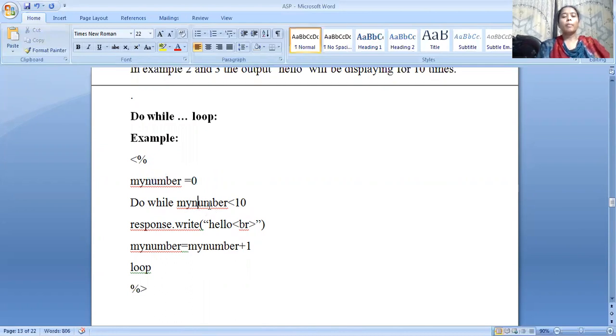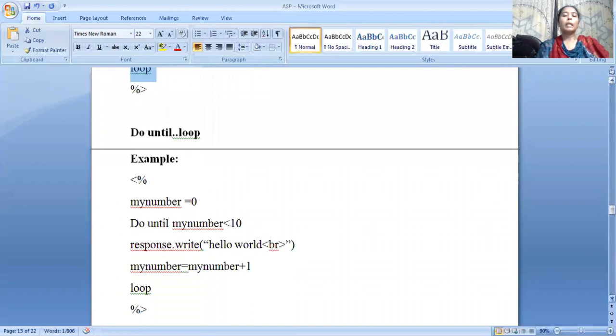If my number is less than 10, yes, then hello will be displayed. Then my number will be incremented by 1. In that manner, the value will be incremented up to 9, and from 0 to 9 the output will be displayed. A predefined word do while should end with loop. This is the syntax.